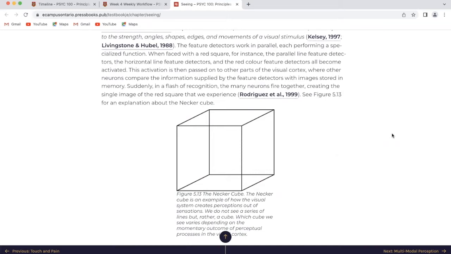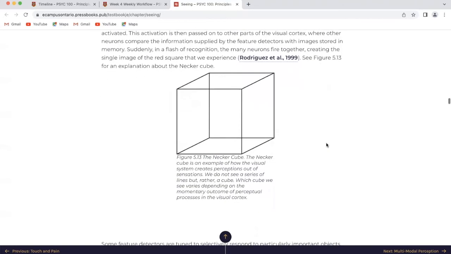This activation is then passed on to other parts of the visual cortex, where other neurons compare the information supplied by the feature detectors with images stored in memory. Suddenly, in a flash of recognition, the many neurons fire together, creating the single image of the red square that we experience. For an explanation about the Necker cube,